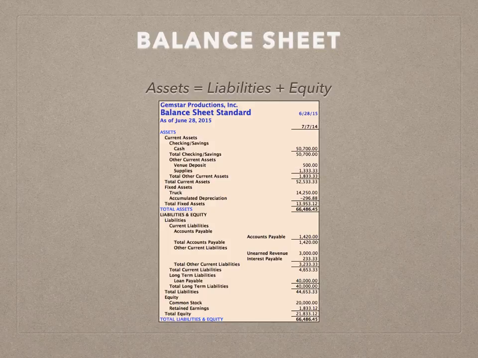As we can see on this slide, the total assets would be $66,486.45 US dollars, and on the other side of the equation we have liabilities for a total of